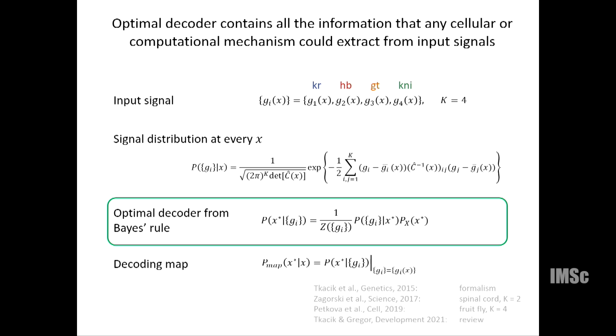If you don't follow it, this is like a sum up of the theory. And then, if you construct such a decoder, it's guaranteed to extract all information that any cellular or computational mechanism could extract from input signals. And further, if this is for a given concentration, it gives a specific peak, saying unambiguously,